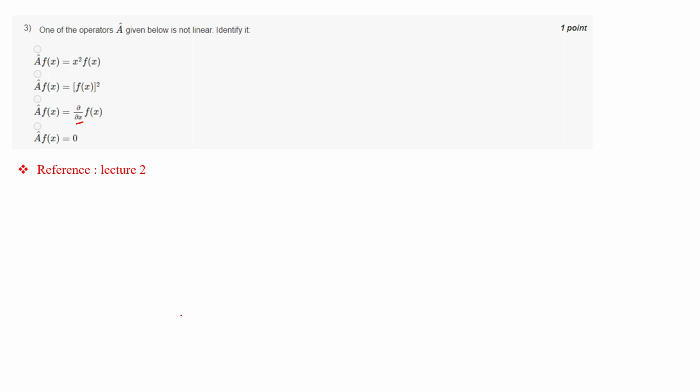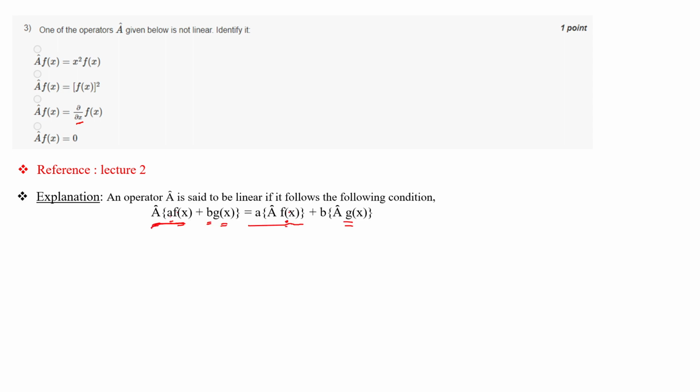See, what is a linear operator actually doing? You can see just these two, this is enough to answer. Whenever an operator is operating on this, suppose you forget about this one, when it is operating on this, A is coming out, going toward there. The function is not changing. The function is remaining the same, f(x).